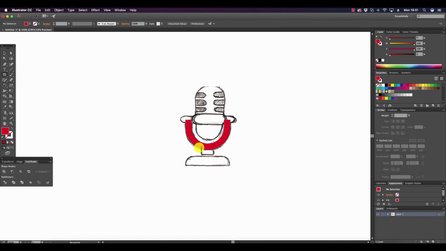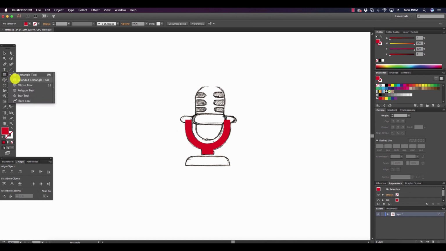And I'm going to use a rectangle tool to do this bottom shape. Holding shift and clicking the stand above, I'm going to go to Align, and I'm going to click Horizontal Align Center to make sure those two are both centered. Now I'm going to go to the rounded rectangle tool. And I'm going to do the base, and using the down arrow on my keyboard to decrease the curvature of the corners,